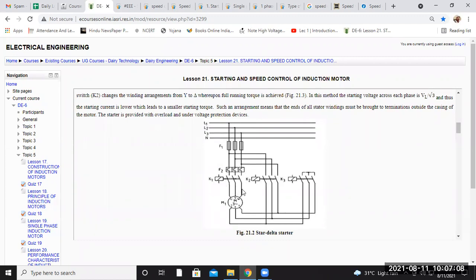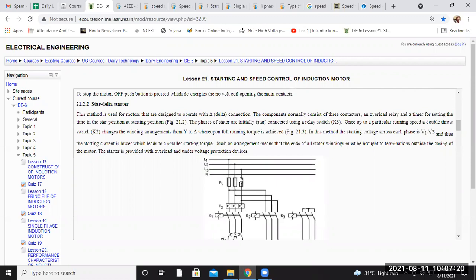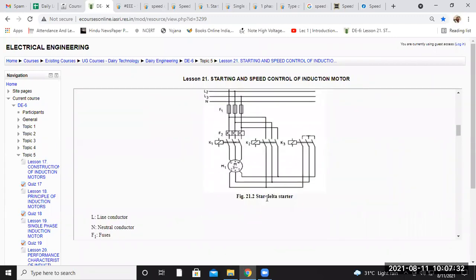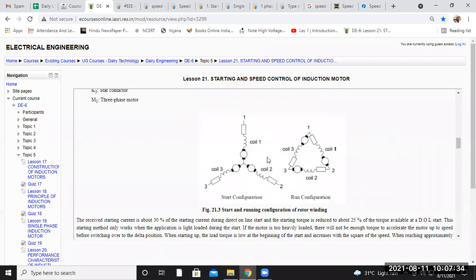This one is the output terminal of the induction machine, and between the supply line and the induction machine's terminal, there are some equipment and connections. Let us say this is your cutout section. This is the fuse. F1 is termed as the fuse. Between the fuse and the induction motor, there are the thermal cutout section and the star delta conversion. This is the star connection and this is the delta connection. This is the stator part configuration and this is the rotor part configuration.